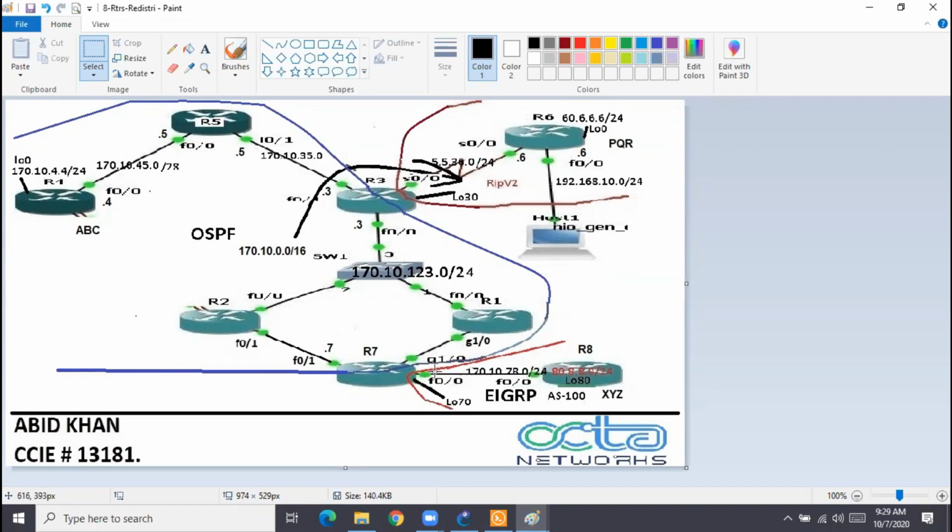Please understand this in a diagram. I am showing you only one link, but is there a possibility of another router here, connecting multiple routers inside? Do you think there will always be only two routers between them? No, there can be more. So if you do the filtering on R7, it will be applicable for the whole domain.